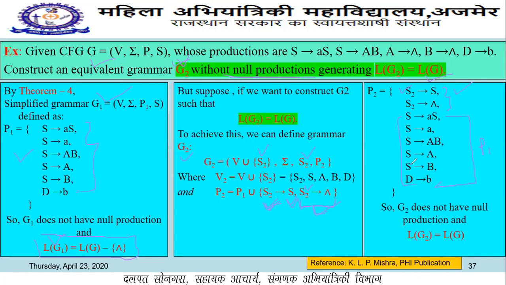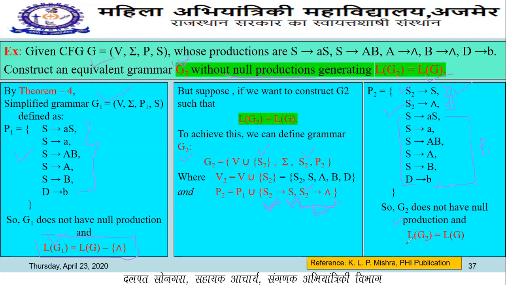Maybe not, these are not derived, but these are the given. Therefore we will discuss in our next slide how we can remove the dependency also. But here our focus is only on these two productions, because by using these two productions we eliminate recursiveness in a grammar. So we include S tends to S and S tends to null. By using this we include null in a given string. So finally a G2 grammar is constructed like this.